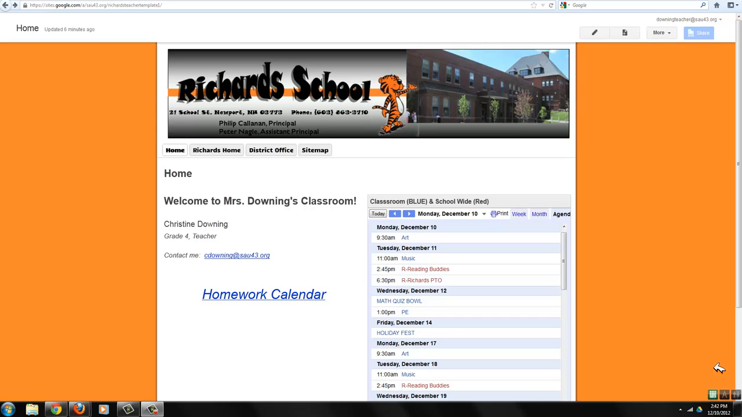Older students or folks that already have a fully created homepage can just create another page in their site for the homework calendar. Or you can link to the calendar. So I'm going to show you two different options. Let's say you have a website already, and you're not going to want to embed the calendar in the